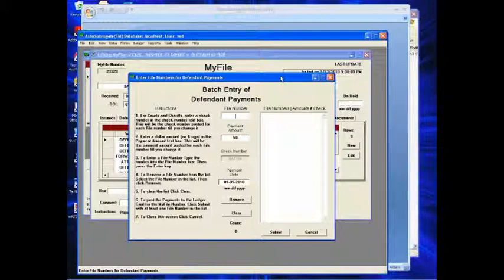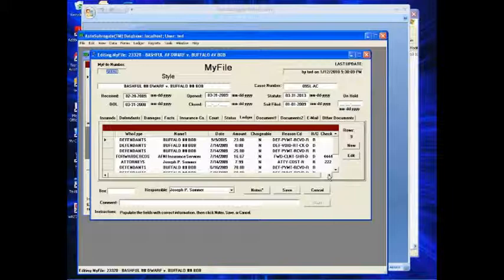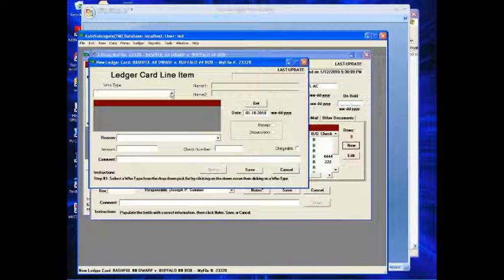Well, if you were doing a garnishment, you probably wouldn't want to use batch mode. You'd probably want to let me show you the other way. Yeah, certainly. If it's garnishment, you'd probably want to do a new one, and then the type would be